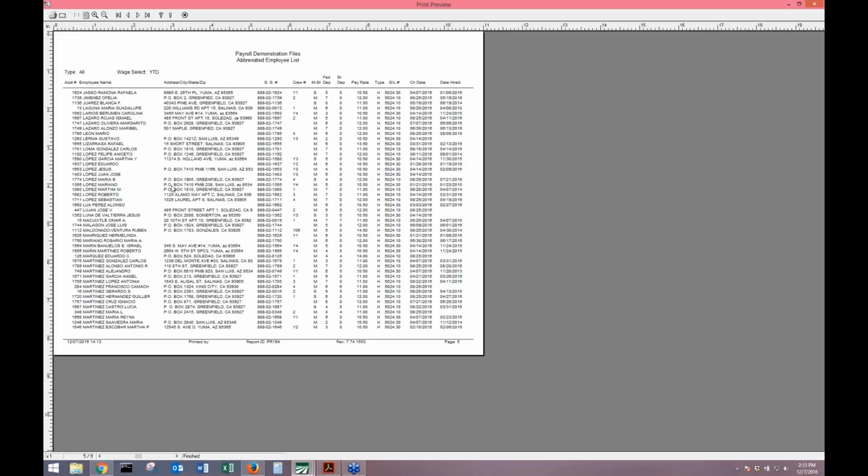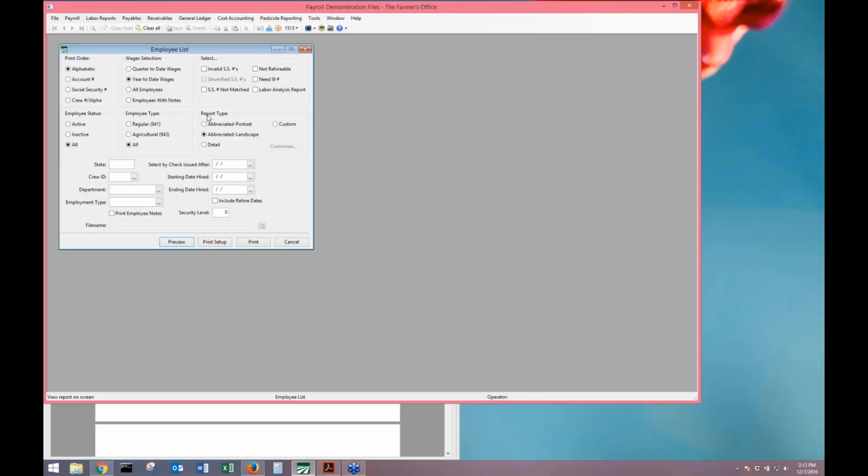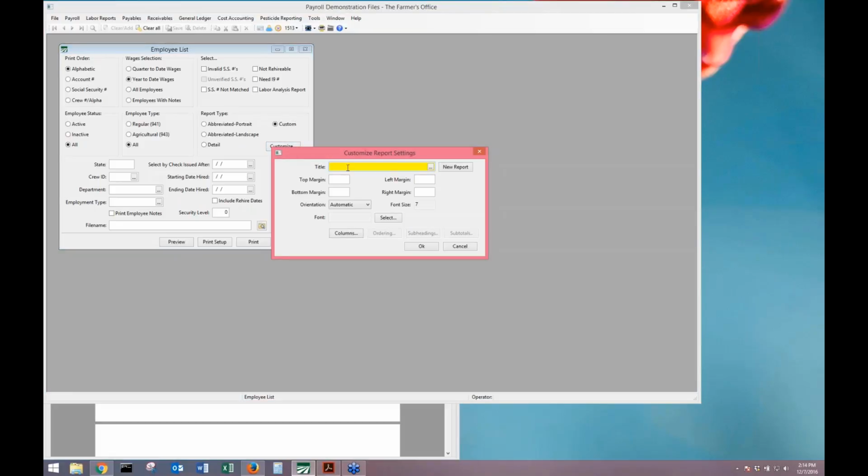Now the more expanded way of reviewing your employees is exporting to Excel and then using the Excel sorting options. So to export your employee list to Excel, you just click on the Custom button, and then you go to Customize, and then give it a title. What this does is it saves your selections. So we can just put in here Employee Export,